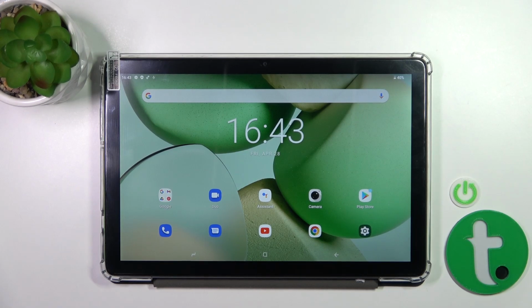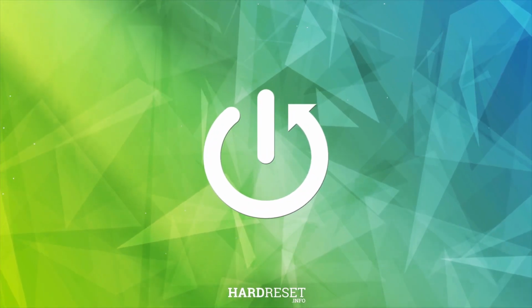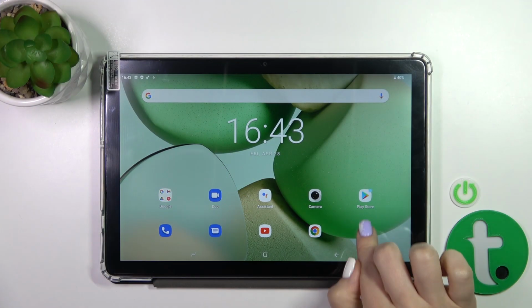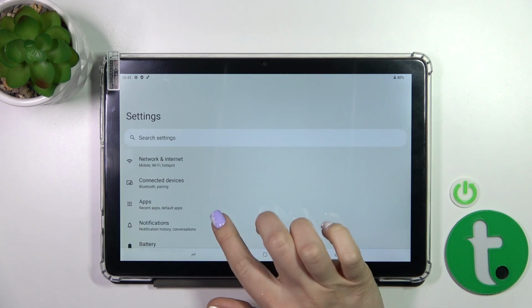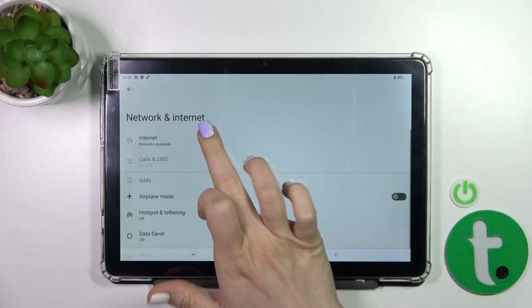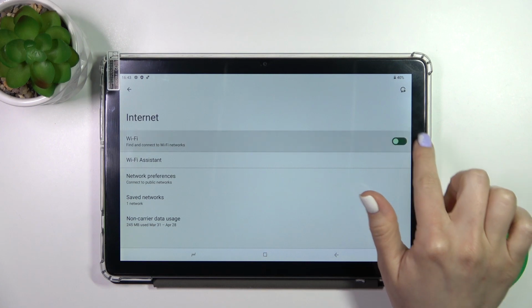Hi, today in front of me is the DOOGEE T10, and I'll show you how to connect this device to Wi-Fi. So first, open the Settings application, then tap Network and Internet, click the Internet section, and to activate Wi-Fi